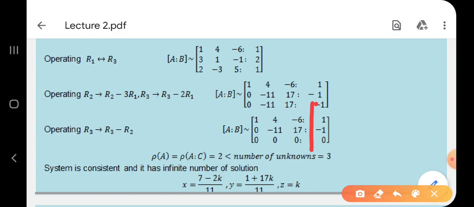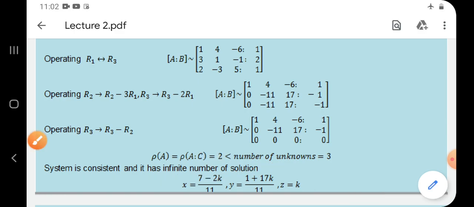Okay. So what is the rank of matrix A? Rank of matrix A is 2 and rank of AB is also 2. So rank of A is equal to rank of AB. By mistake here C is printed, but it is B. So rank of AB is 2, rank of A is also 2, system is consistent. And how many unknowns? 3 unknowns are there, so it is less than number of unknowns. So by our concept, rank of A is equal to rank of AB, but it is less than number of unknowns, means system is consistent and it has infinite number of solutions. Infinitely many solutions. Right? Now how are we going to find those solutions?